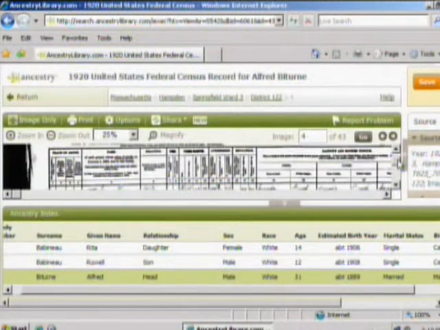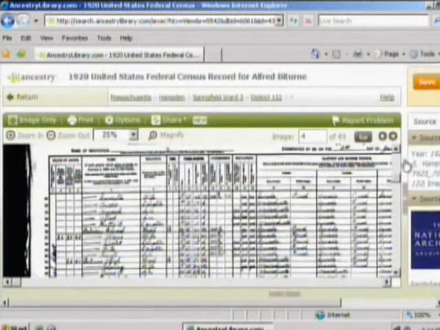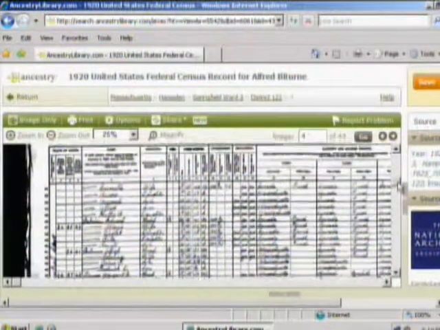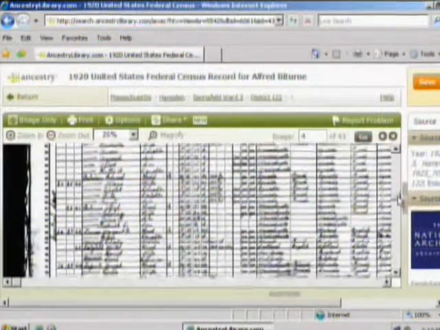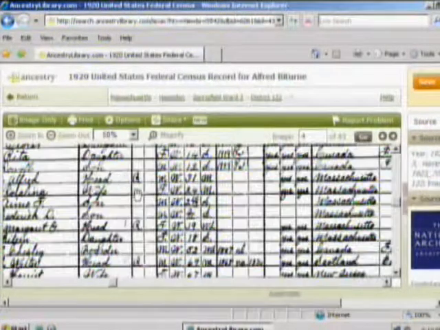And then up here, of course, is the primary resource. We can move this down a little bit and hide it, and then just have access to the record itself, which is going to be somewhat difficult to read in that it's small. Some of the writing may not be clear at the time. A lot of it could be faded. But there is the opportunity to always zoom in and zoom out and get closer to the records that you want.